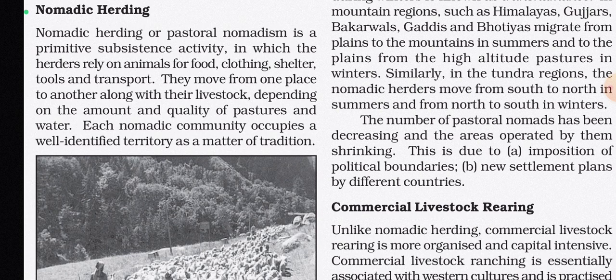tools, and transport. They move from one place to another along with their livestock, depending on the amount and quality of pastures and water. Each nomadic community occupies a well identified territory as a matter of tradition. A wide variety of animals is kept in different regions. In tropical Africa, cattle are the most important livestock, while in Sahara and Asiatic deserts, sheep, goats, and camel are reared. In the mountainous areas of Tibet and Andes, yak and